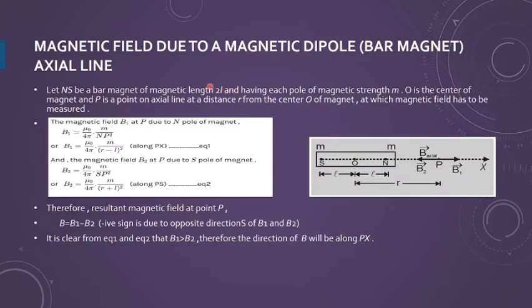If I want to find the magnetic field due to a magnetic dipole, it means I want to find it because of the bar magnet. The bar magnet here is behaving like a magnetic dipole, like we did with the electric dipole, which consists of two equal and opposite charges separated by a small distance. Similarly, in this bar magnet, a north pole and a south pole are separated by a small distance. That distance we are taking as 2L. So if I take the distance from the central point, then the distance is L only.